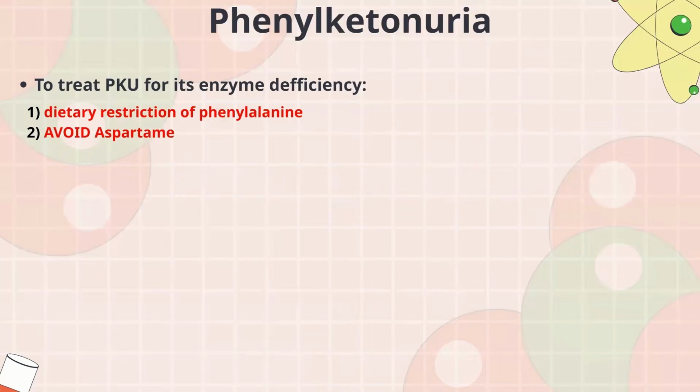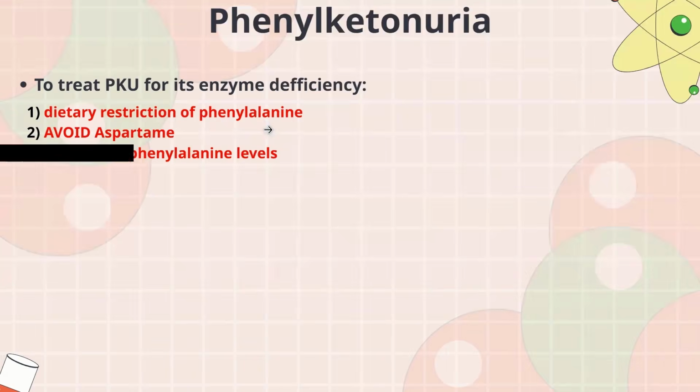We avoid aspartame. Please don't confuse aspartame with asparaginase, the enzyme we talked about in leukemia. This is something found in food, and it's basically a sweetener. Because it's a food sweetener, it is found to contain phenylalanine and tyrosine, and it is important to avoid them. Like if you're going to eat from outside, they're going to cause these symptoms and increase phenylalanine.